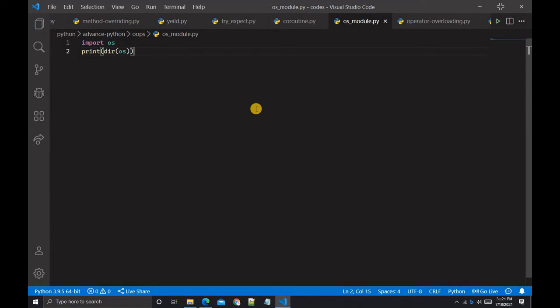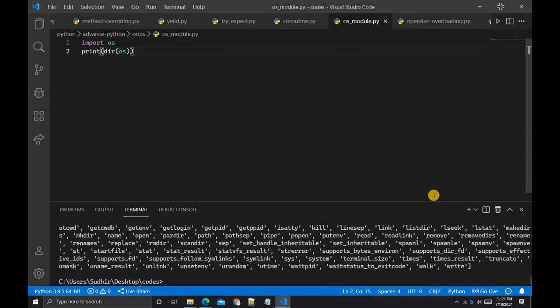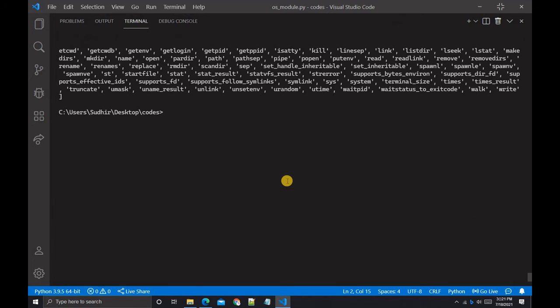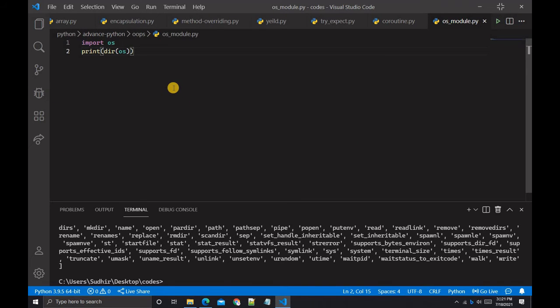Before commenting this out, let's run this file in the terminal. I don't know why this is not working properly. And yes, you can see this print(dir(os)) gives the list of all the built-in functions that are present in the OS module.